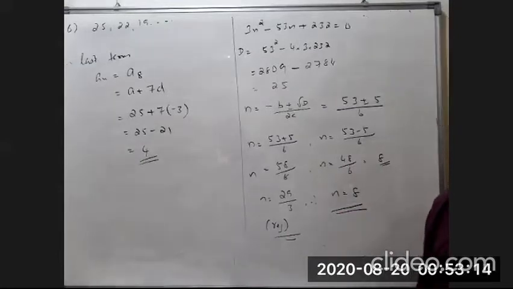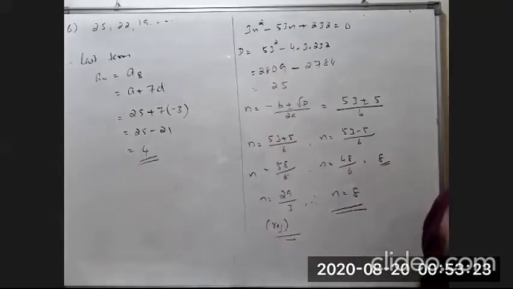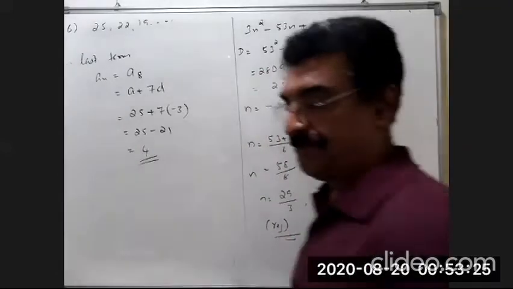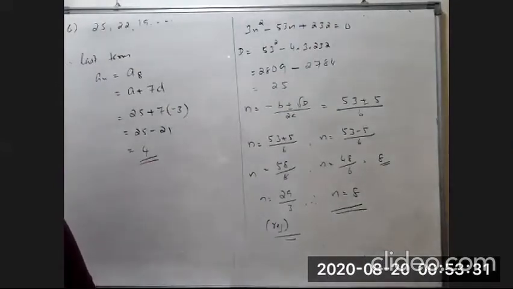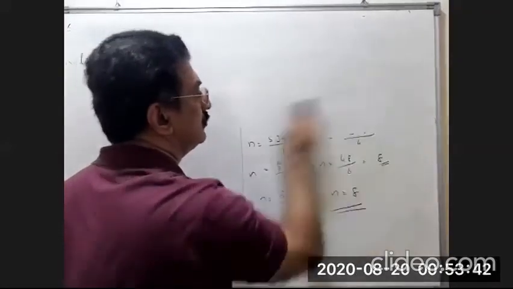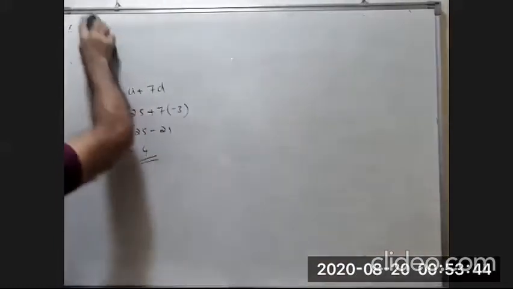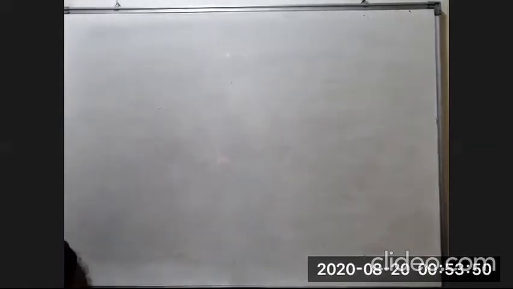Now problem, correct it. Solving equations, this you learned in class 10. Quadratic equations. Now coming to the next one, question number 7. Find the sum to n terms of the AP